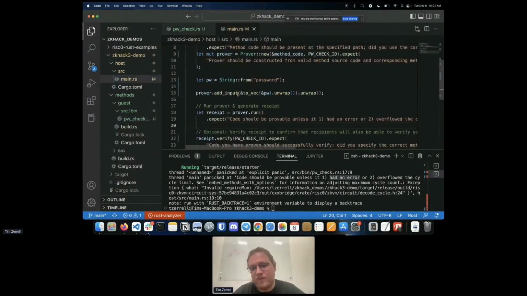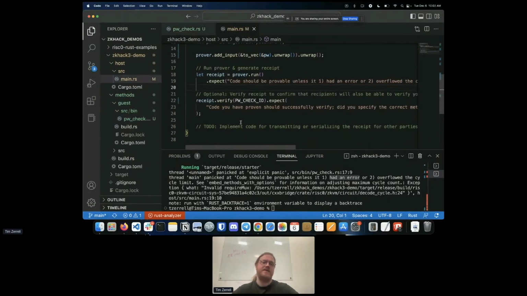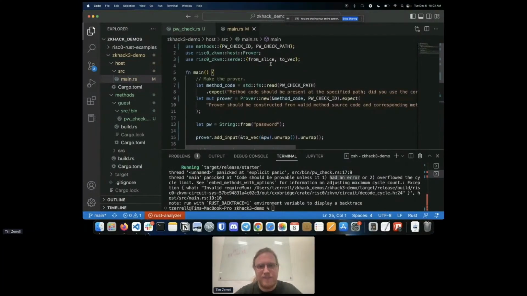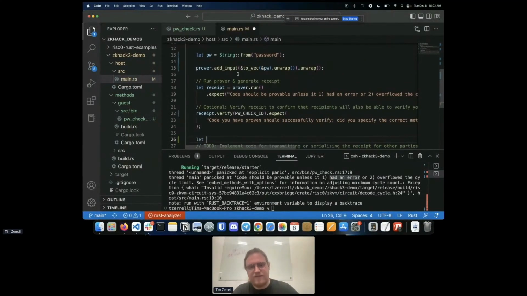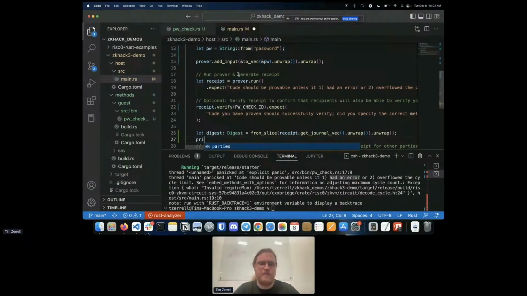And now the last finishing touch is to see what the hash is, to work out what the verification side looks like. So here we have the receipt. We've verified the receipt, but we haven't actually looked in the journal yet. So we're going to use the from_slice deserialization to read into the journal. We say let the SHA digest, which is a SHA digest type, equal from_slice of receipt get journal vec. I think both of these need an unwrap. And we're going to print the line